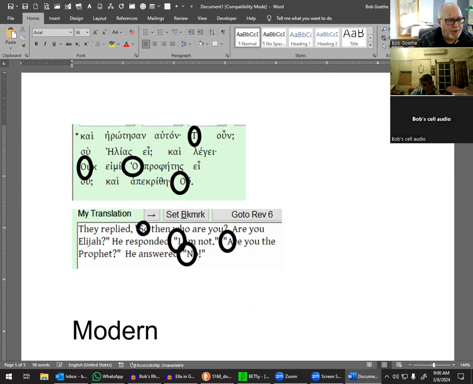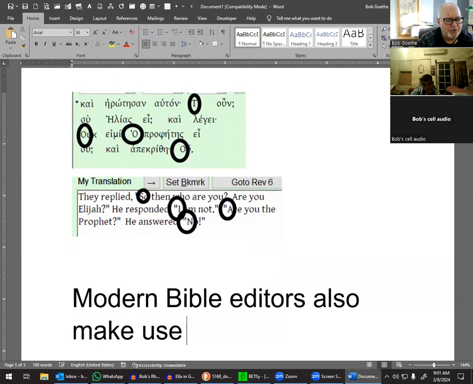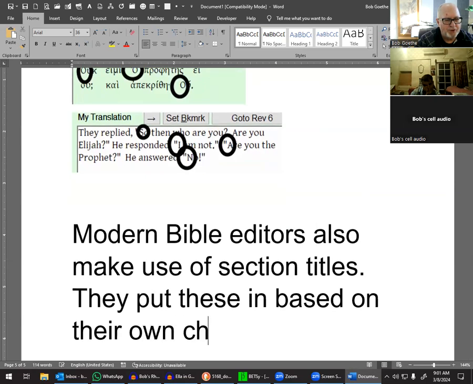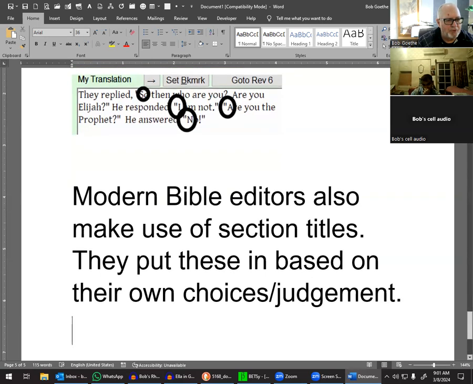Modern Bible editors also make use of section titles. They put these in based on their own choices and their own judgment. So, for instance, here,